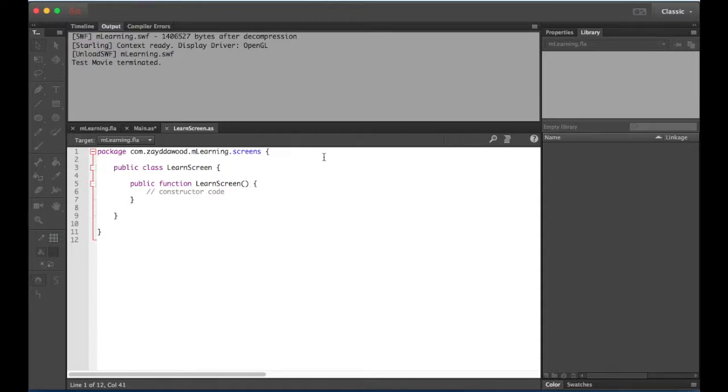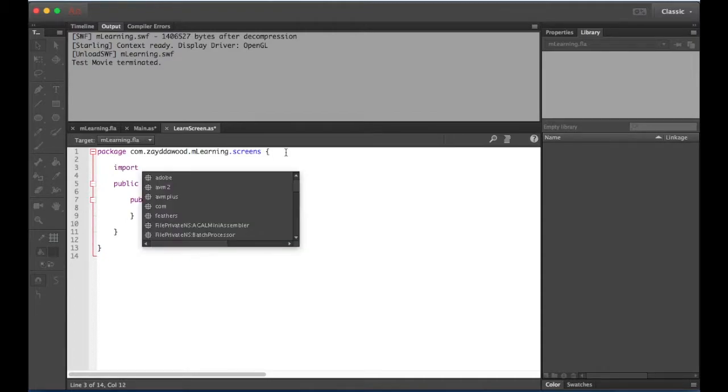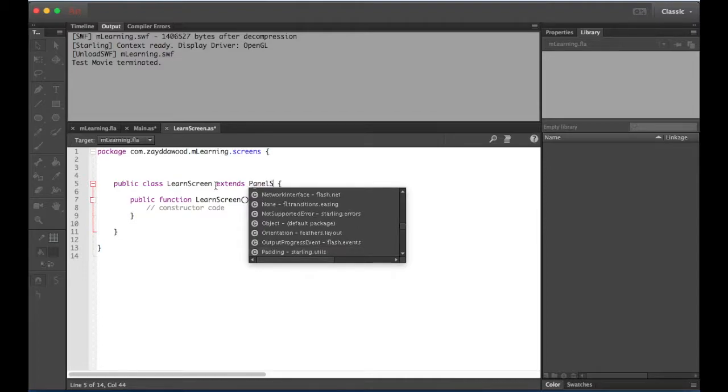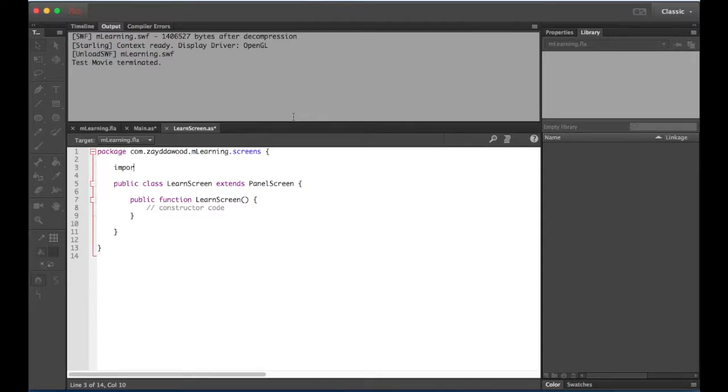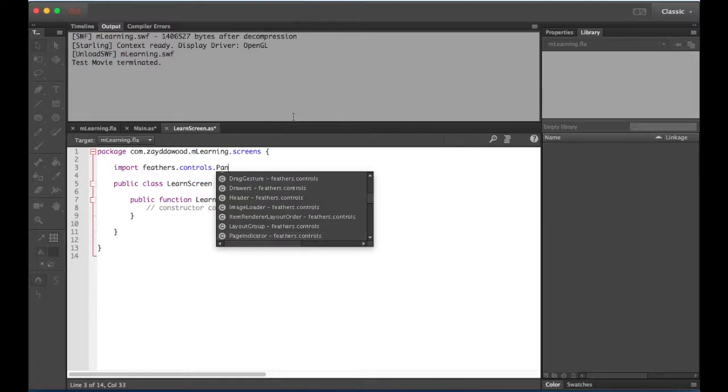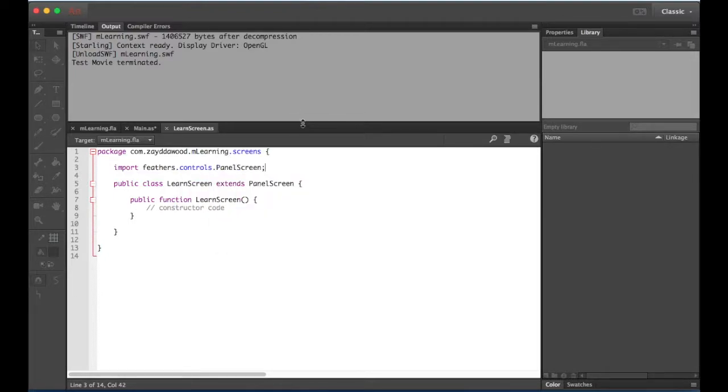The next stage is to import a class that this is going to extend. So in this particular case, it's going to extend a panel screen that comes with Feathers. If I put extends PanelScreen, okay, I need to now import that class, feathers.controls.PanelScreen. So a panel screen enables us to not only add content to the screen but also have scrolling content in